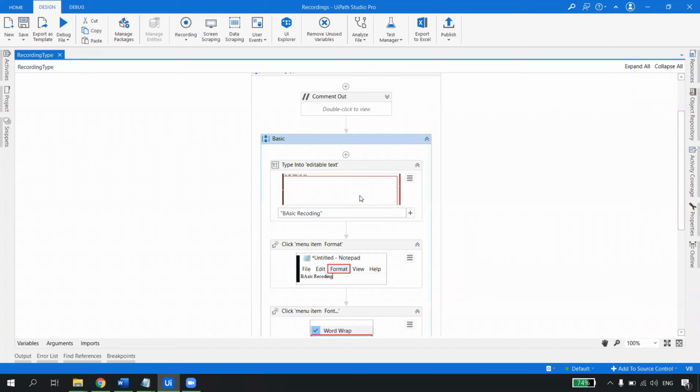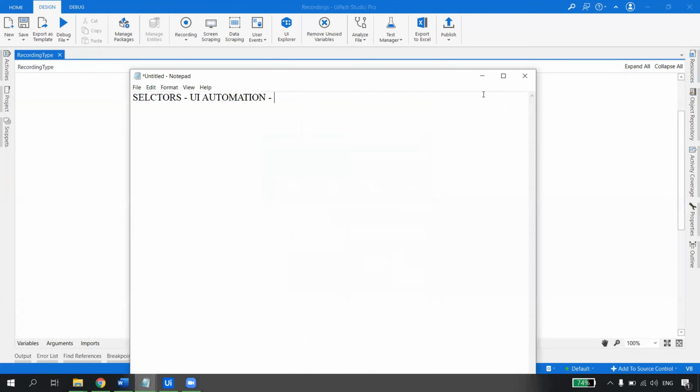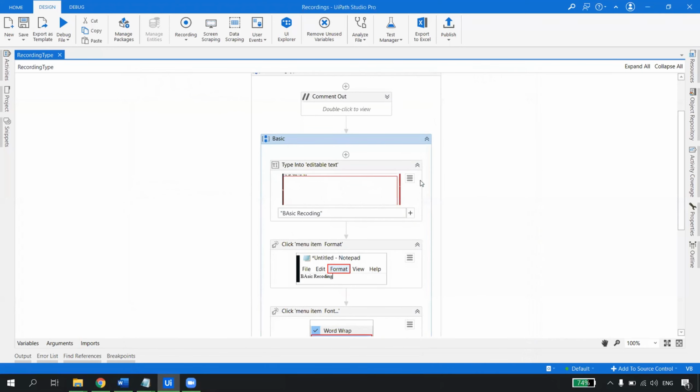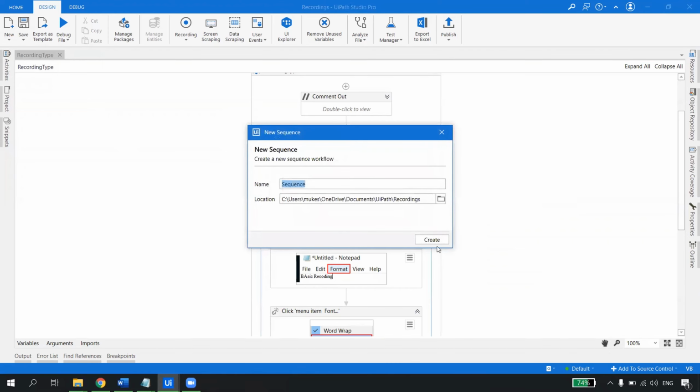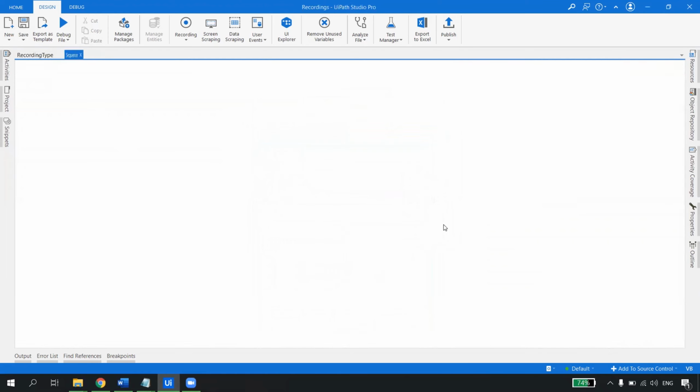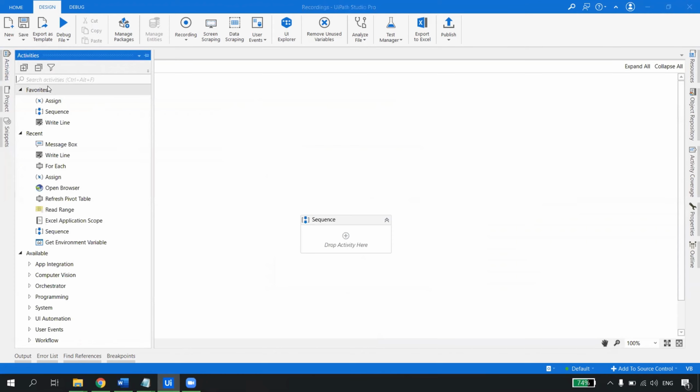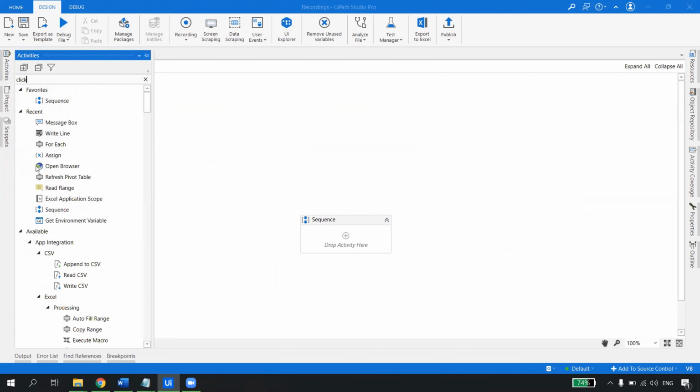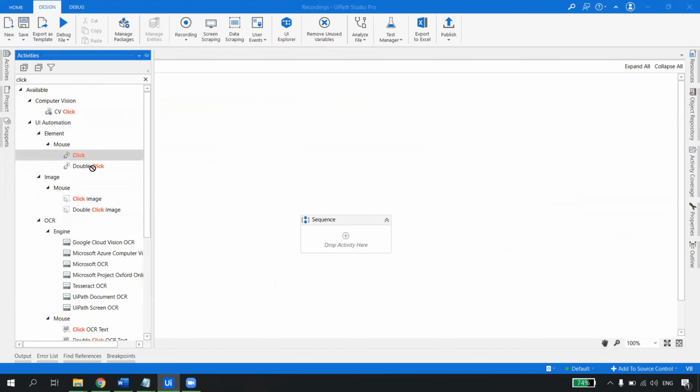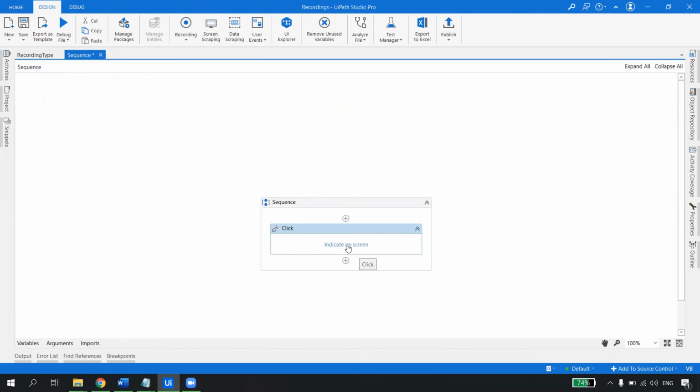Now, whenever we talk about UiPath, it is asking us where I should type. So let me just go here and go to a new sequence. Assuming that I want to type something on the screen, or let's say I want to just click on this Google Chrome button, I go here and take a click activity. What I want to do is click. Now UiPath will ask me, where do you want to click?